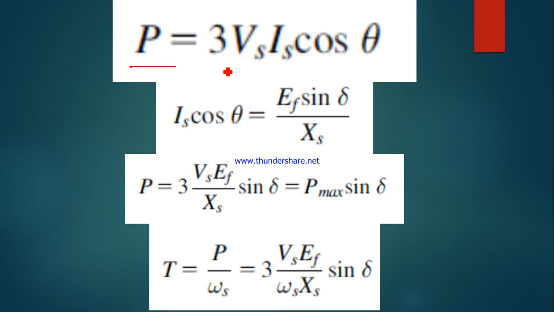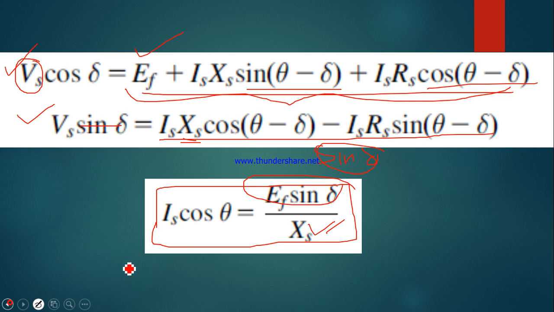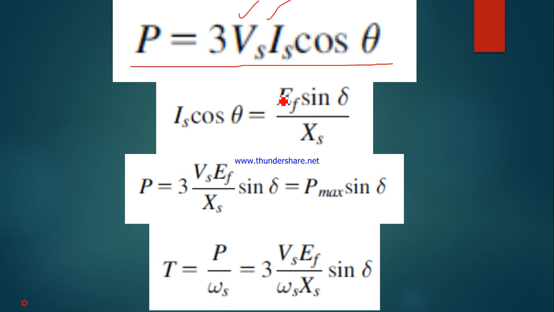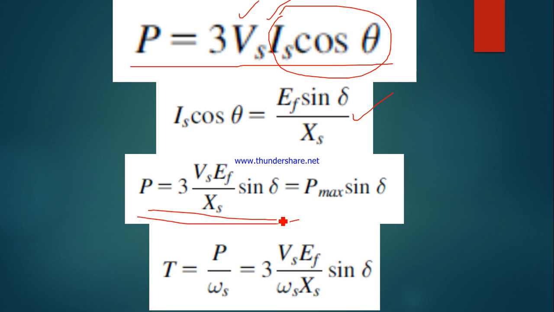Now as we know, in a three-phase system, if these are the phase voltage and the phase current, power is equal to 3 into Vs Is cos phi, that is Is cos theta. But we know Is cos theta is what? Just now we have arrived, Is cos theta is this. So now, if I replace this Is cos theta by this, it is coming like this. So what is the power? As I told, power is equal to torque into angular speed.